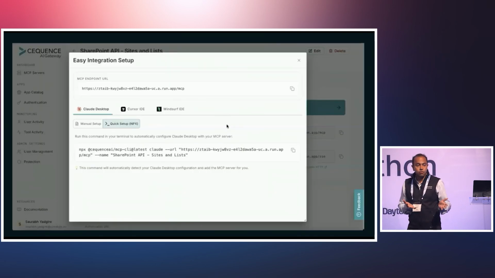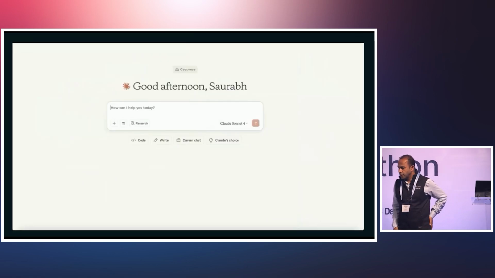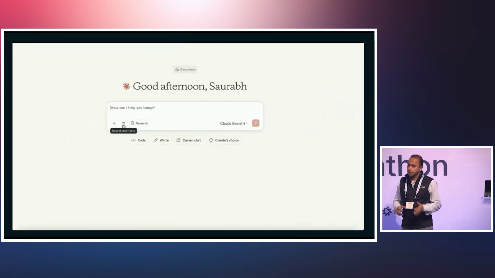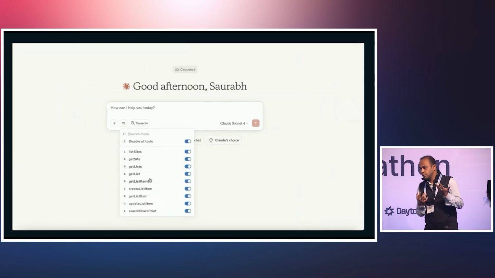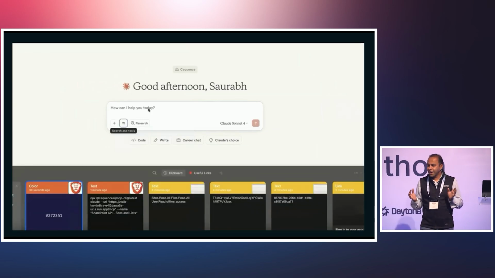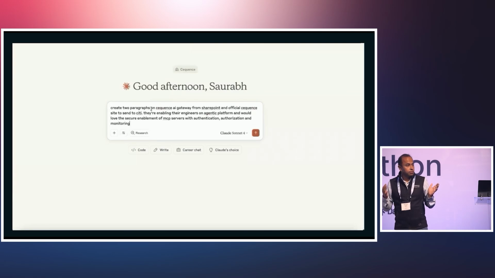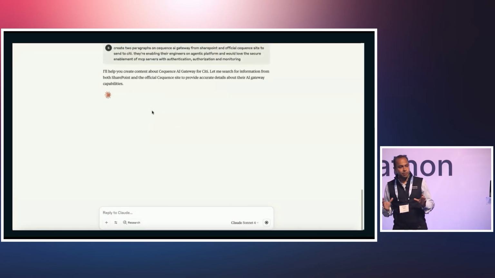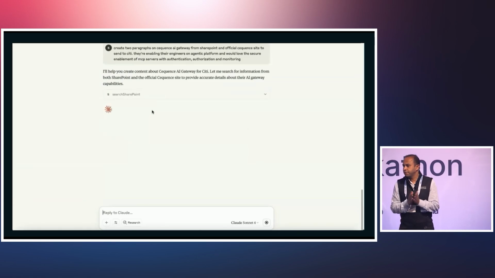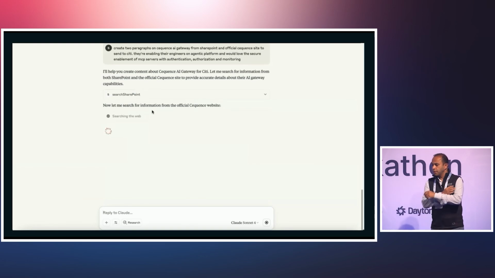That's it, right? Now the agent is assuming your identity with the subset of access that you have as a user available. So in this particular case, think of it like a marketing agent, right? Or a sales agent, where I want to create a snippet for Cequence AI Gateway that I want to send to, let's say, the CISO of a city. Based on the SharePoint data that is available, can you create me a 2-paragraph email for that, right? So that's the prompt that we are giving it.